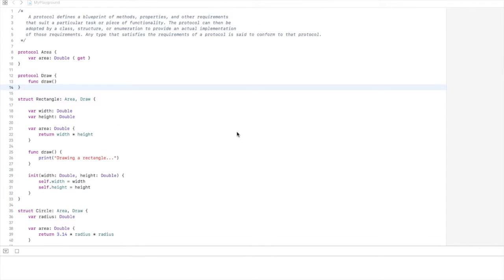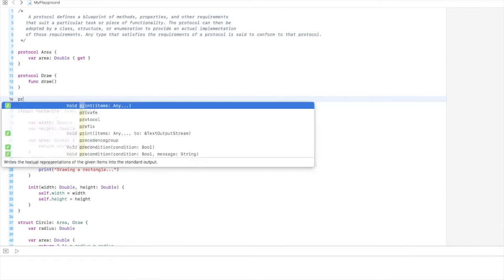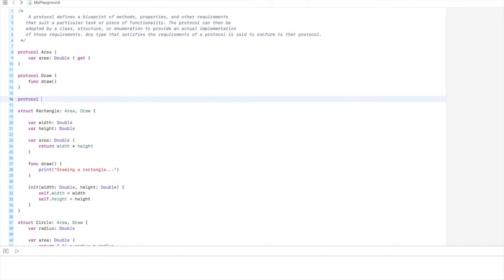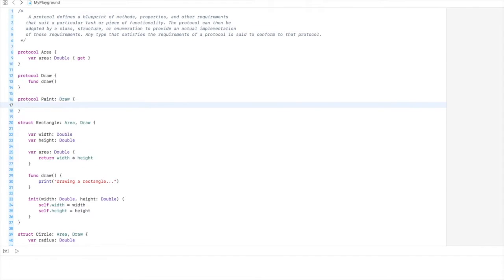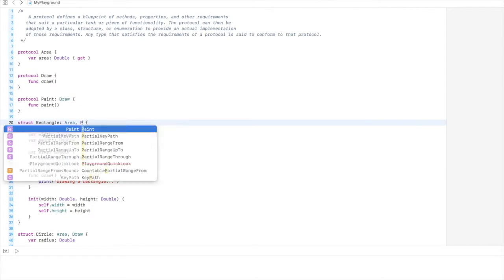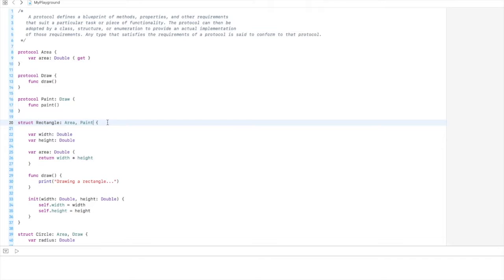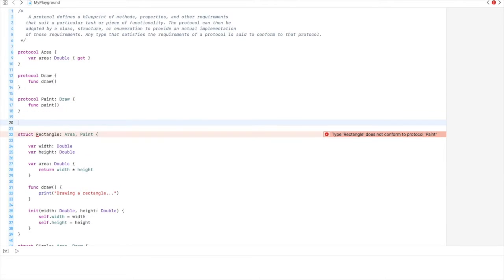And protocols can also inherit from other protocols. So let's create a protocol Paint that will inherit from protocol Draw and add a new additional method paint, and let's actually conform to this protocol. And now we need to implement the paint method from the Paint protocol, but actually we can